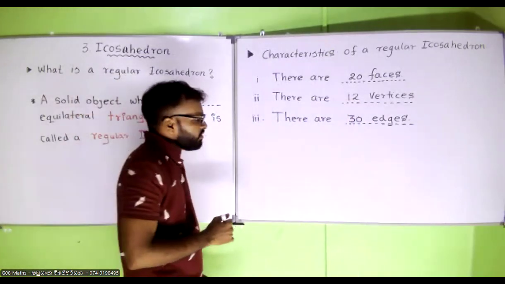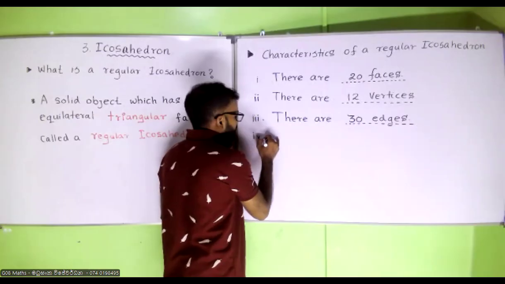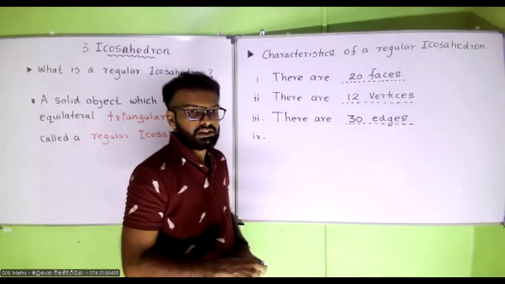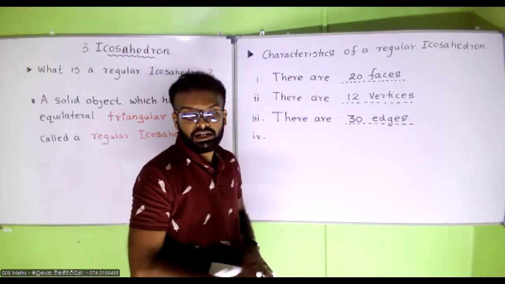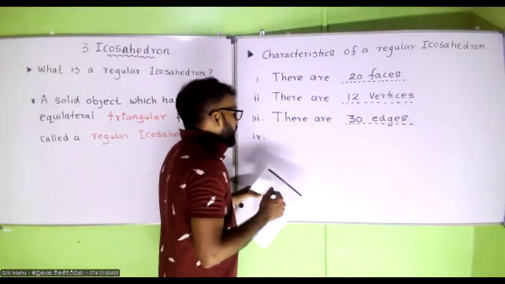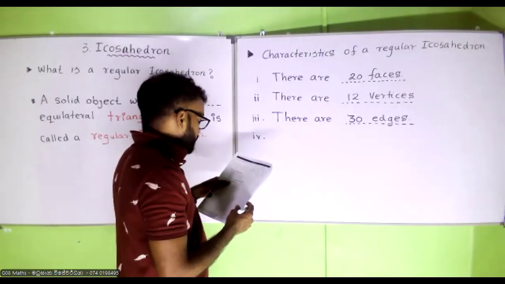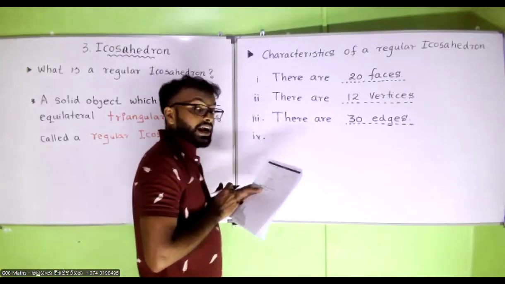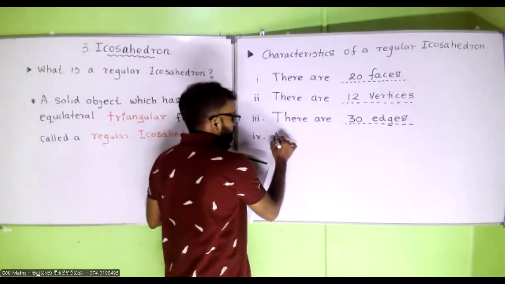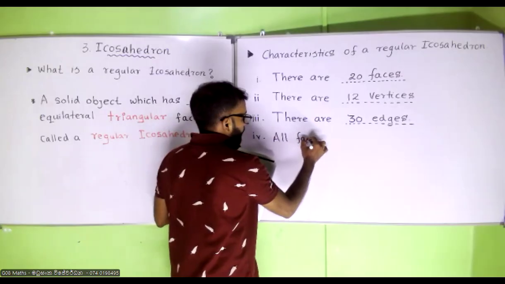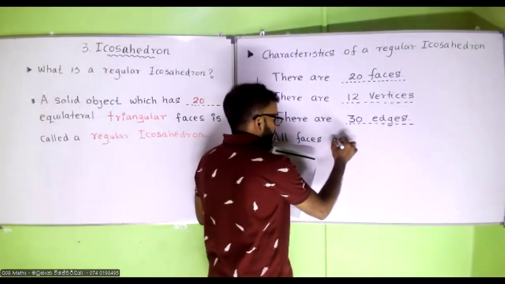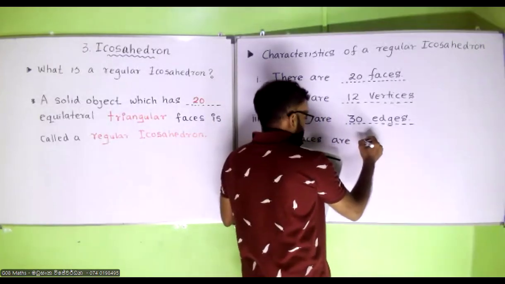And what is the fourth one? Normally we write the shape of a particular face. So all faces are in the shape of identical, not identical regular pentagons. Please correct it like this: regular triangles. Yes, that should be triangles. All faces are in the shape of